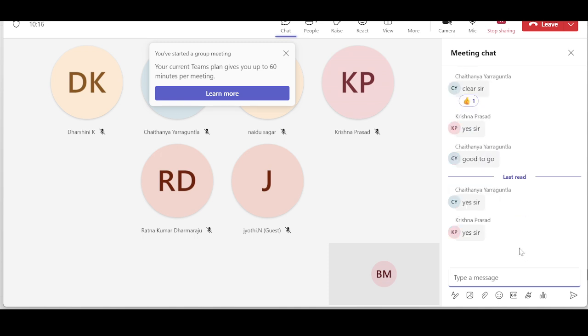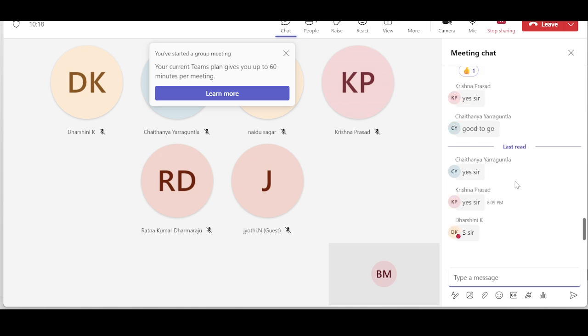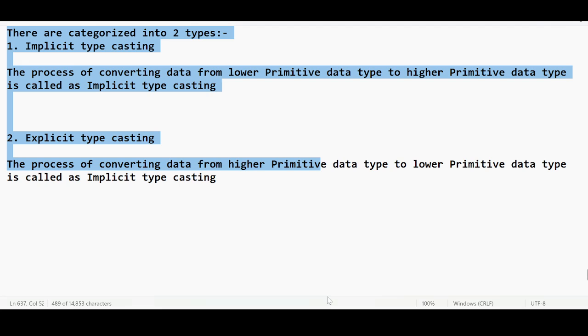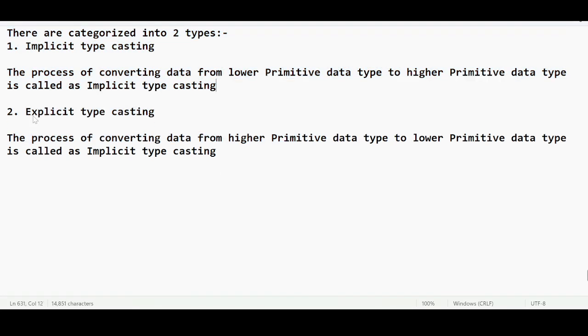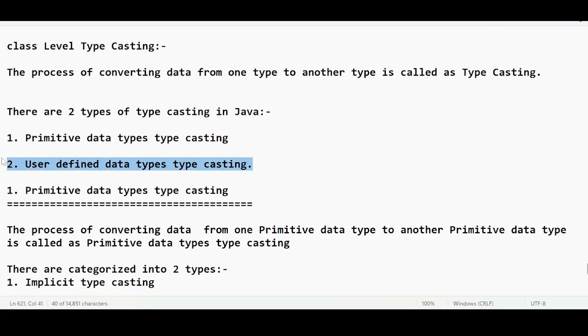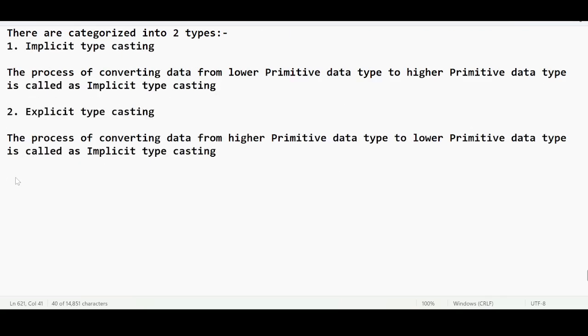Darshini, you remember? If you don't remember, you can repeat that video once again. I am just giving a small briefing. Now we have to discuss user defined data types typecasting. This is our actual topic of discussion.